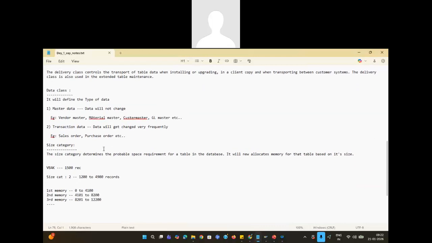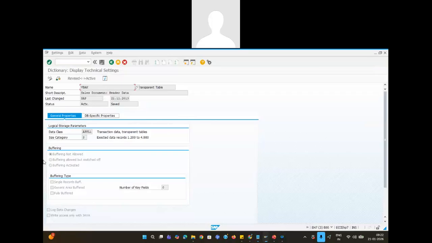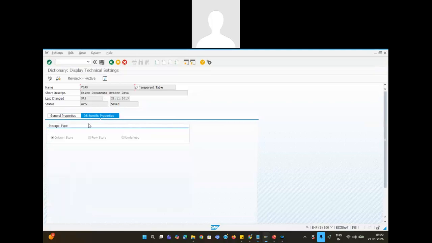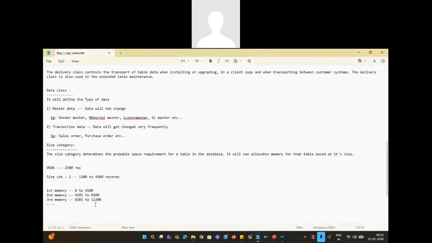Size category is nothing but the probable space or memory requirement for the table in the database. So according to the size, the records of the table will get arranged. After this, DB specific, we have covered the storage type. Storage type is nothing but which type of storage you wanted to